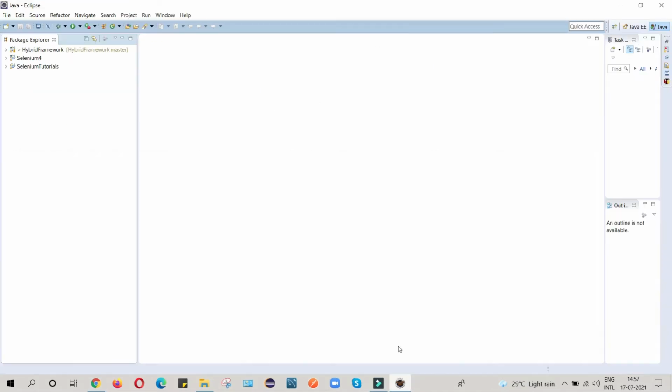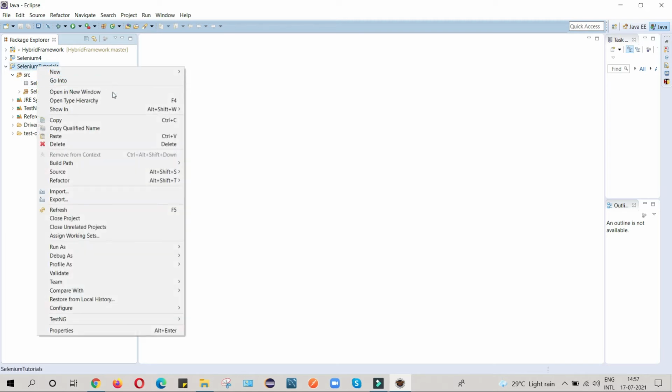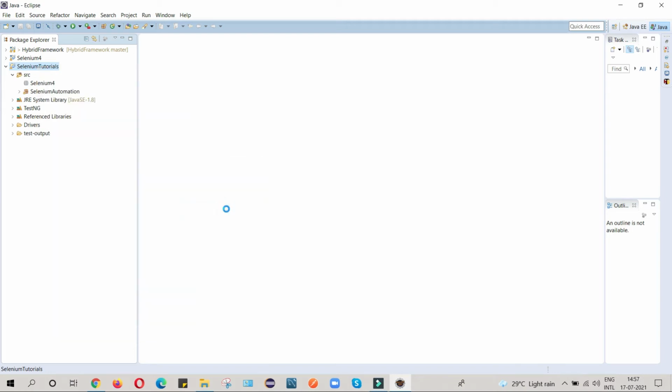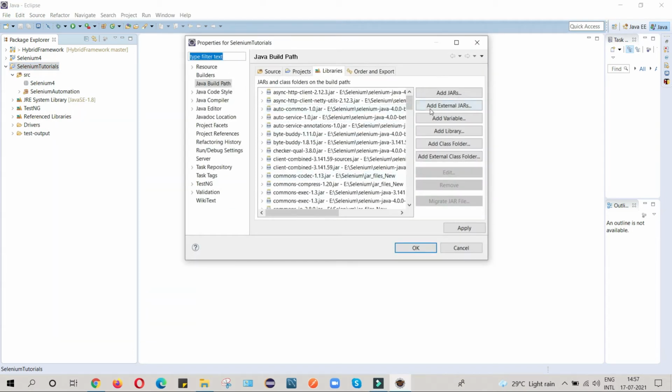So friends, as you can see, I have already created one project, Selenium tutorials, and inside that I have created one package, Selenium 4. My first step is to import all the new Selenium 4 jars. For this, I will go to build path, configure build path, and import all my jar files. I already imported my jar files here, but I will show you how we can do this.